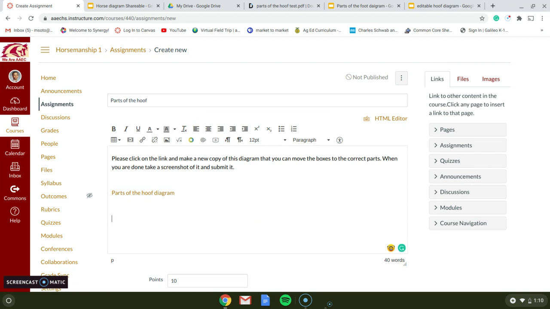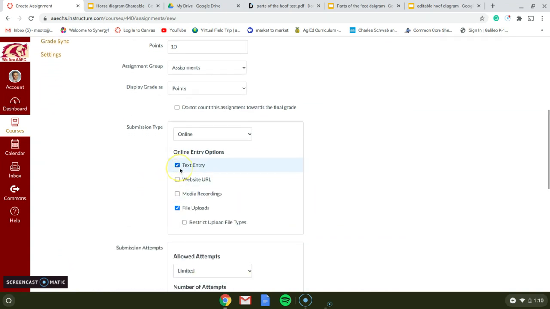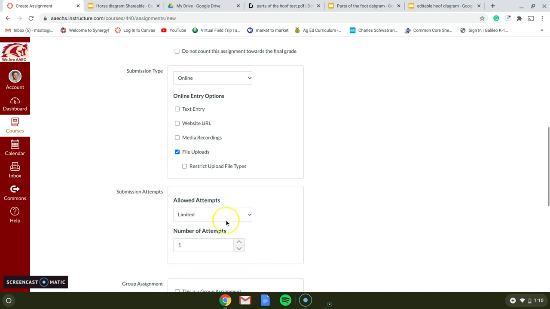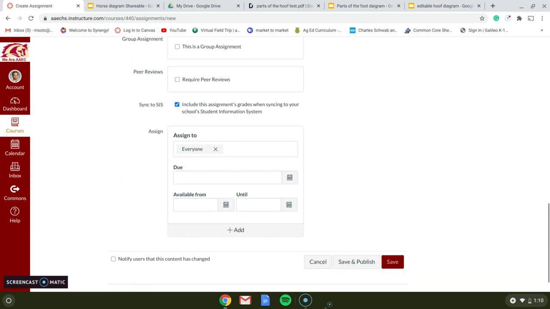So in this assignment, I'll go down here. I don't want it to be a text entry. I want it to be a file upload, and all that stuff looks good. Anyways, what they're going to do is when they go in to do the assignment, they will hopefully create a copy, move the parts around to the correct place, take a screenshot of it, and then they'll submit that. Now, the only problem is that